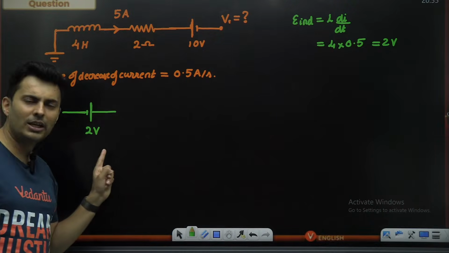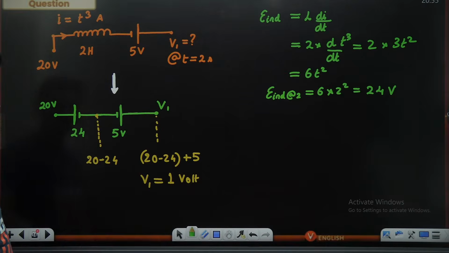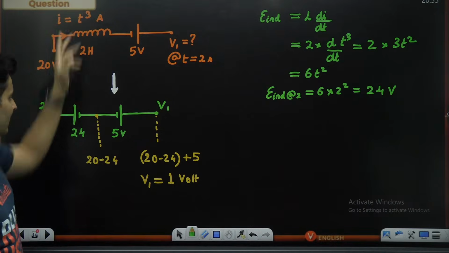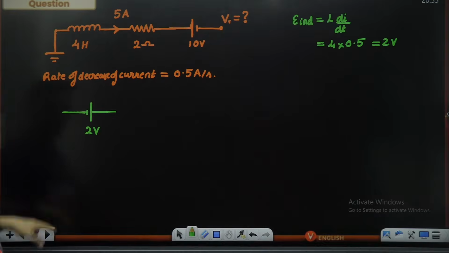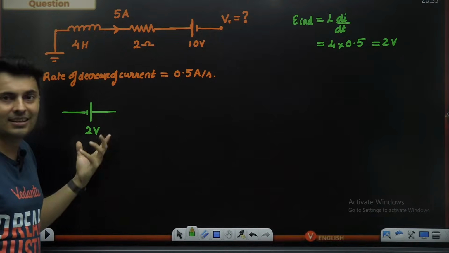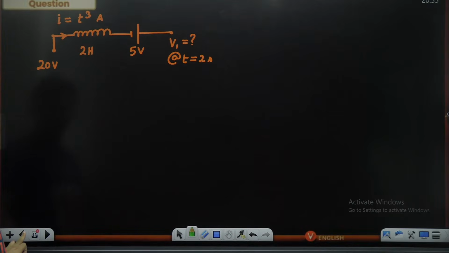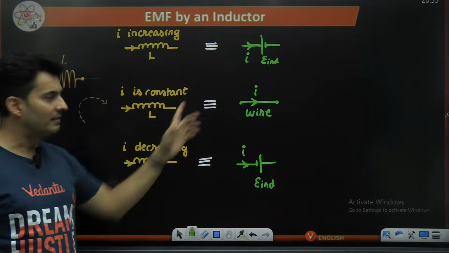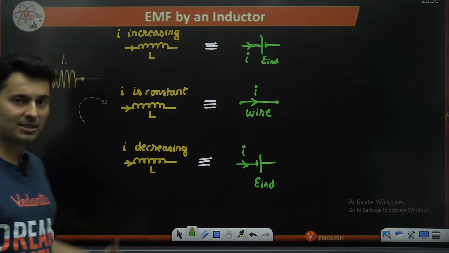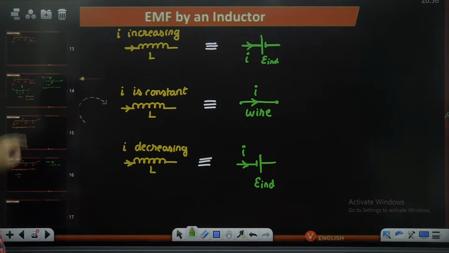Is this absolutely clear? If you compare it with the previous problem, there the current was increasing, so it tried to decrease it by opposing that change. Here it is decreasing, so it is assisting it. Same sign convention which I mentioned over here. If it is increasing, it will oppose. If it is decreasing, it will help it. It will strengthen it, like Lenz's law.